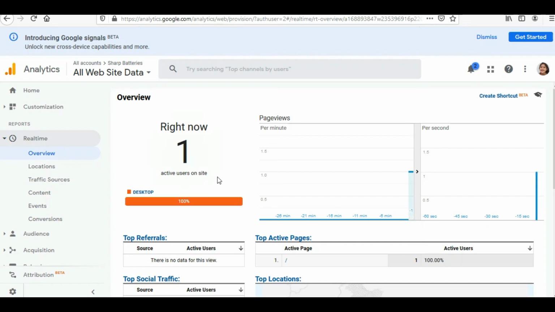So the number is 1 now. In real time, I am able to find that active users are now being listed. It means as soon as this code has been added to my website, Google has started to track sharpbatteries.com. Now this website would be tracked by Google for any kind of activity over it, and I would be getting all the reports in Google Analytics.